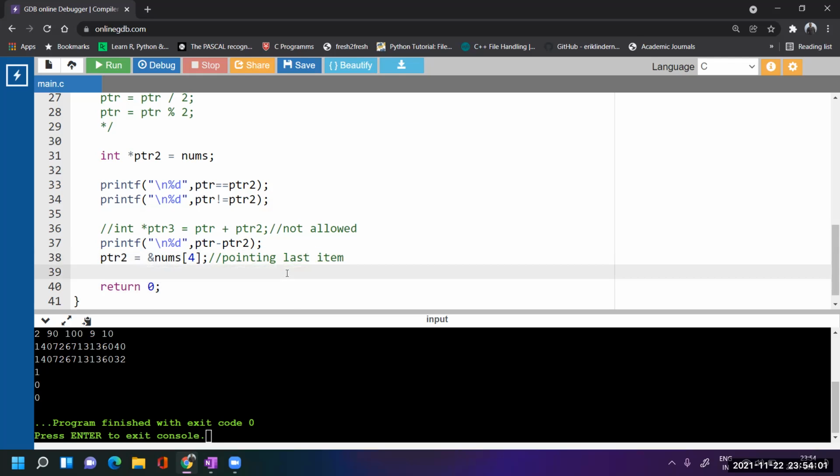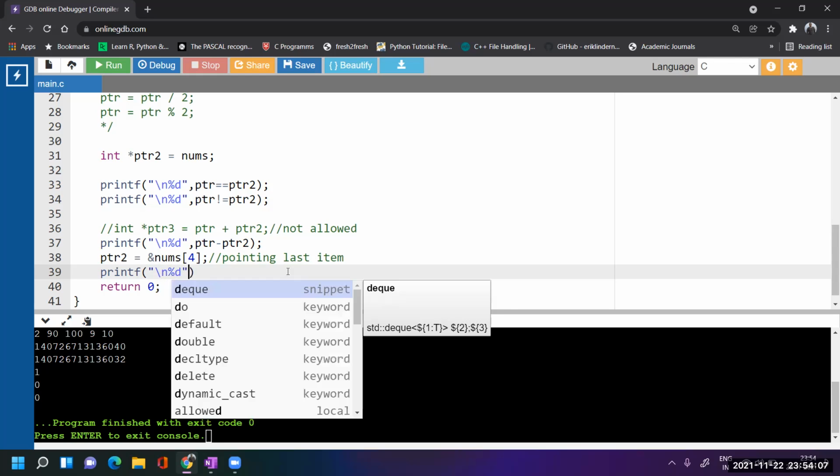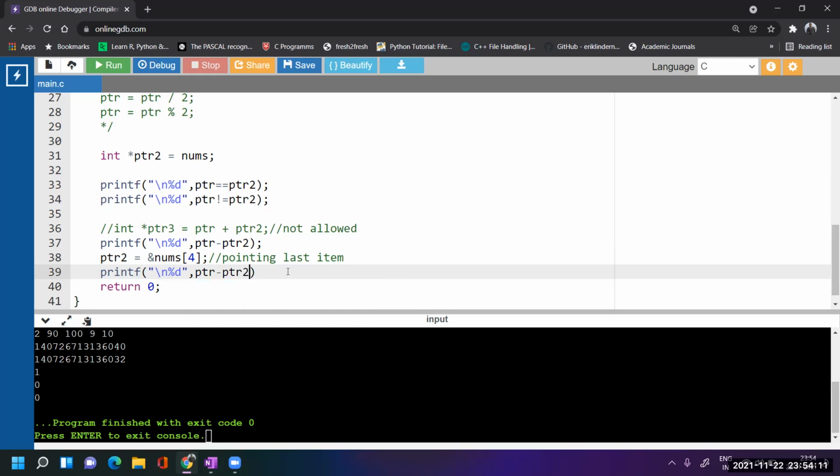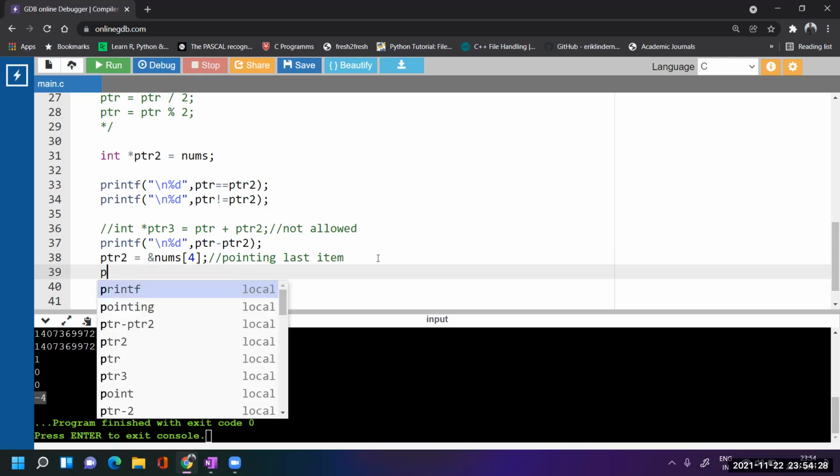Let us see what it will print. Again, it will print a long integer value, so better to use integer. Now if I just write ptr minus ptr2 again, see what it will print. It prints -4, correct? Because as I told you, ptr2's value is higher than ptr.